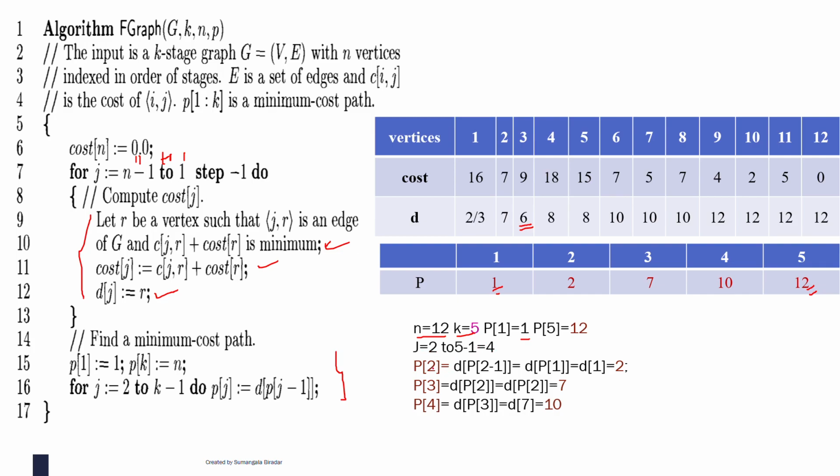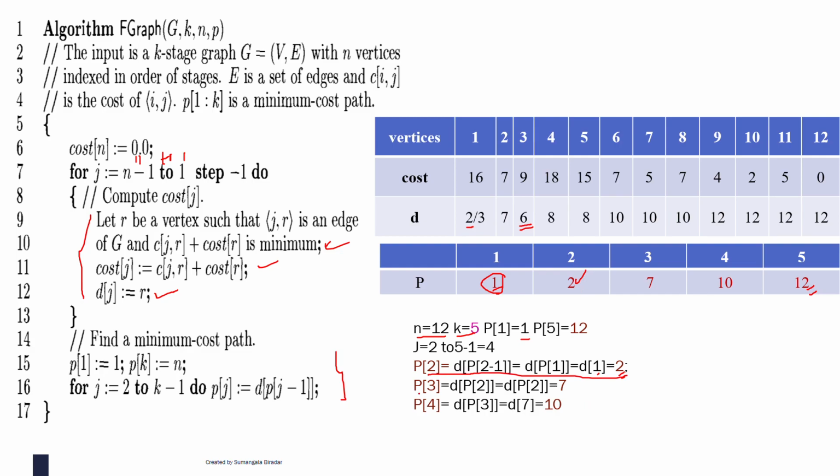So if the J value is 2, then what is the thing here? P of 2 equal to D of P of J minus 1. J value is 2 now. 2 minus 1 means what? It is 1, P of 1. So what is the P of 1 value? It is 1 here. So now you refer to this table. In the table for D of 1, what is the value you have? 2 here. 2 and 3 both you have to calculate. At present I am calculating for the 2 here. So now you got the value for P of 2. Now you substitute that value here.